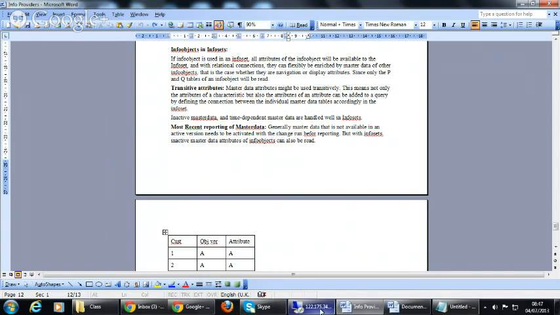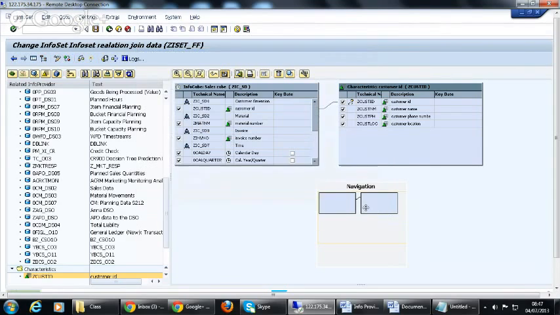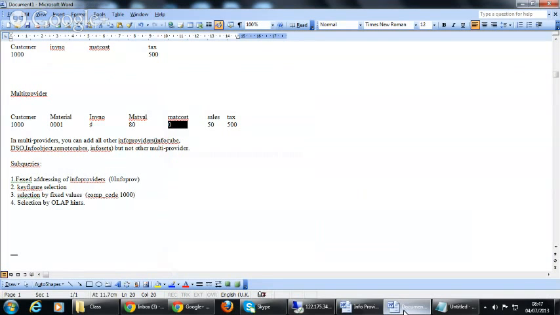We have added the info cube and then the info object. So we have options like most recent reporting and temporal join for the info objects. We are going to discuss all of these.